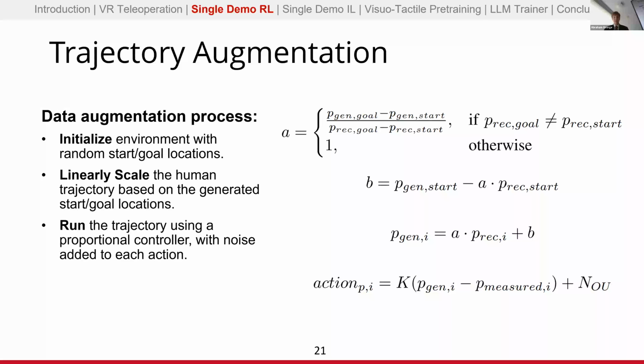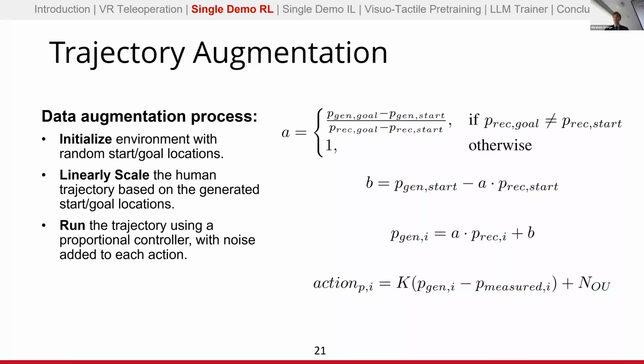So the trajectory augmentation process begins by taking our environment and resetting it to a new random initialization. Here we can get the new object locations in the scene. We then take our original trajectory, the demonstration, break it up into individual actions. So for example, for a block stacking task, one action would be picking up a block and placing it onto the next block. And then we linearly scale these segments so that they're realigned with the new environment initialization. So if we're moving a block from a start location to an end location, we would linearly scale the trajectory so that the start and end locations align with the new locations of the block.